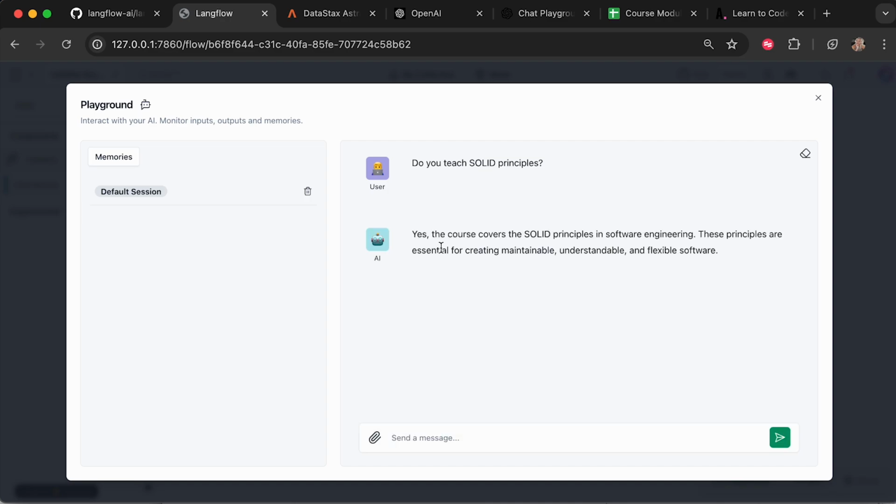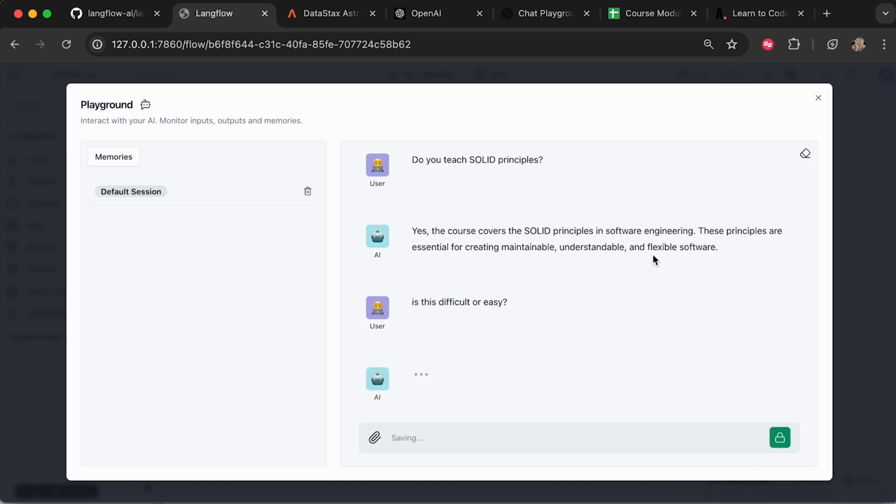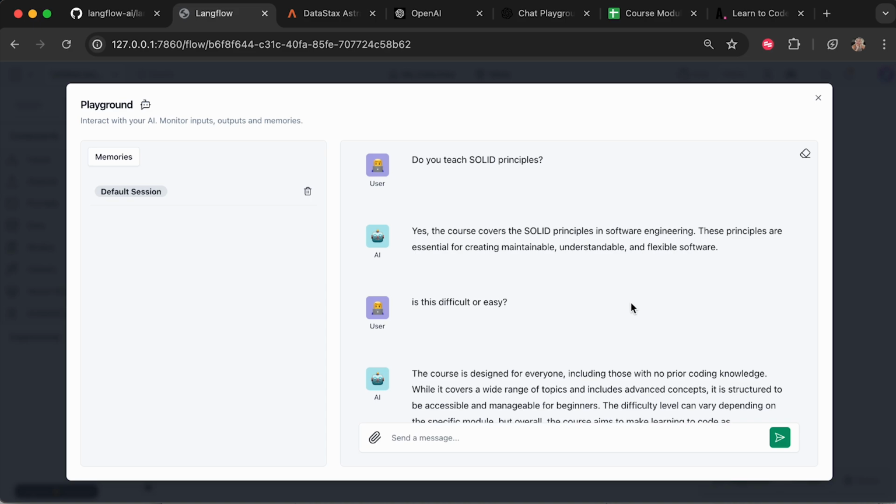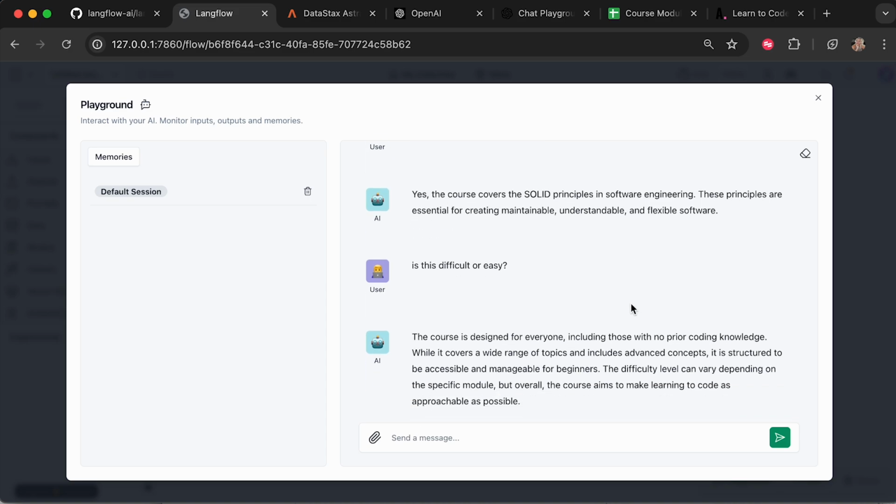And great, we do teach solid principles. And then I can even ask a question such as, is this difficult or easy? So we can ask that question too, and it should respond based on the chat memory that we fed in. Okay, wonderful. So now instead of using the playground, instead of typing out here and testing out, we